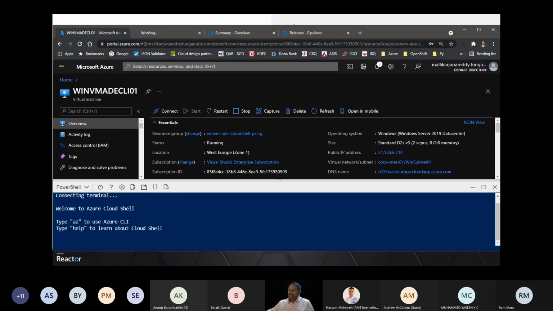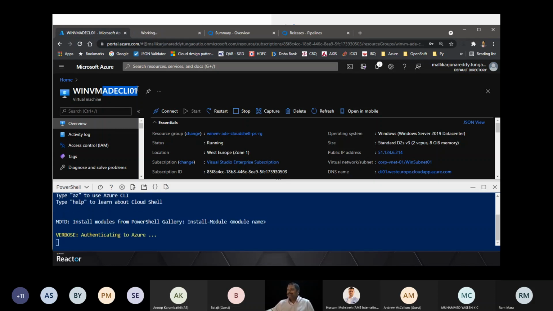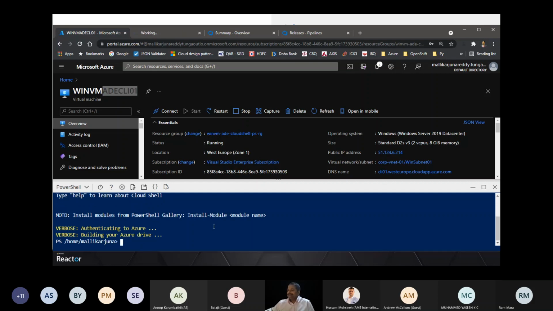I have a virtual machine, named Azure Disk Encryption CLI, already created.